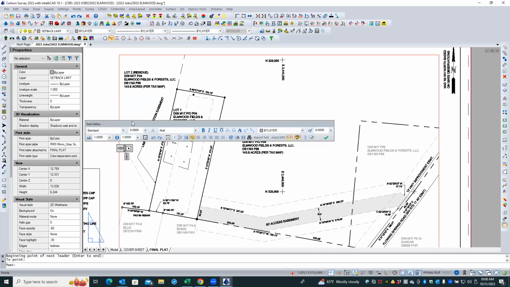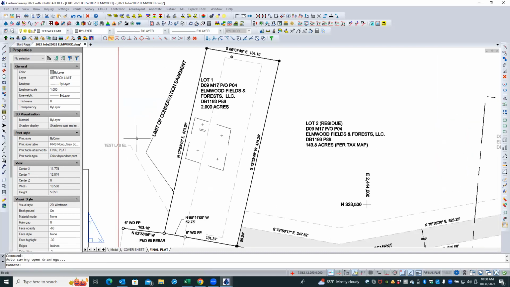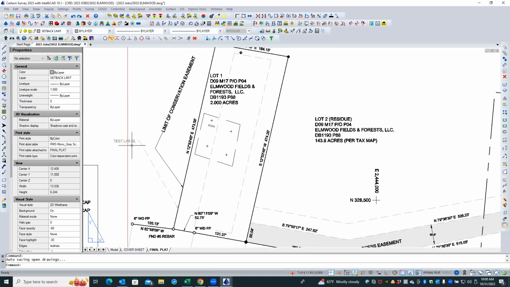I thought, let's try this and see. Test label. And of course that wouldn't work. All right, so if we